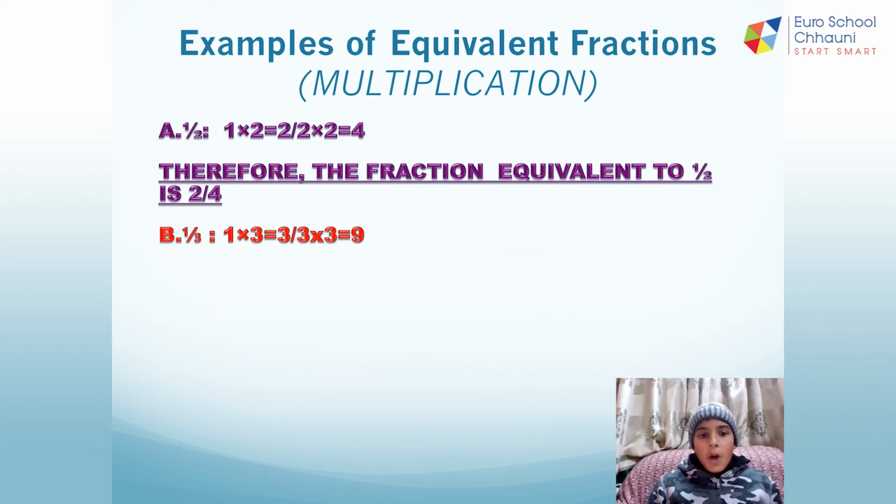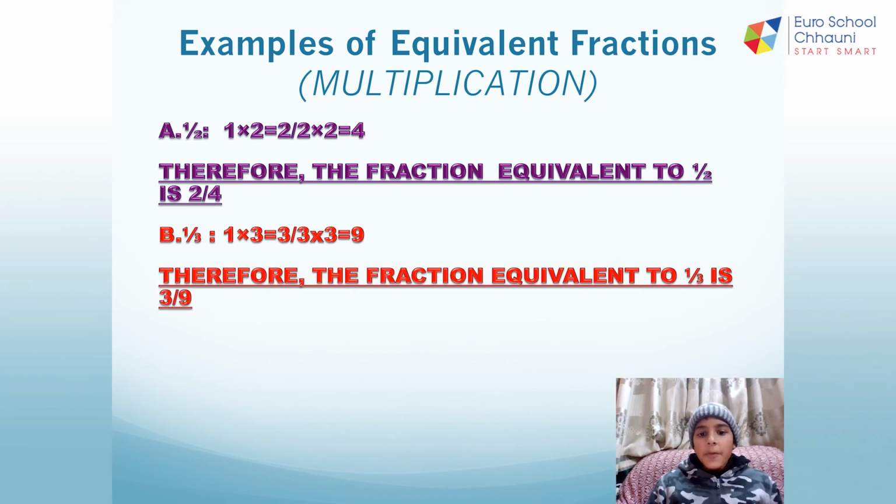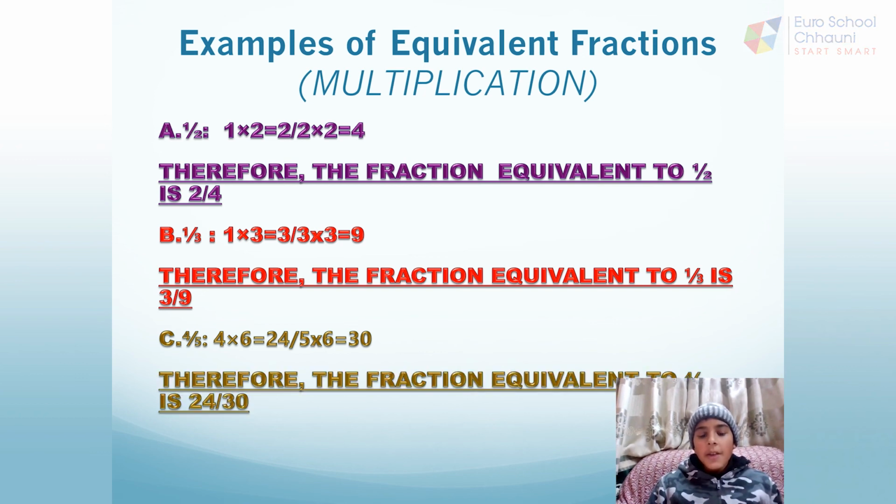Example B, 1/3. 1 times 3 equals 3, 3 times 3 equals 9. Therefore, the fraction equivalent to 1/3 is 3/9. C, 4/5. 4 times 6 equals 24, 5 times 6 equals 30. Therefore, the fraction equivalent to 4/5 is